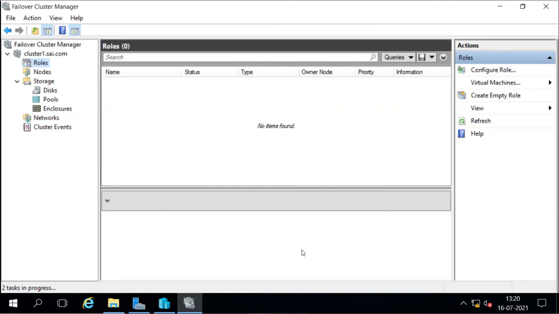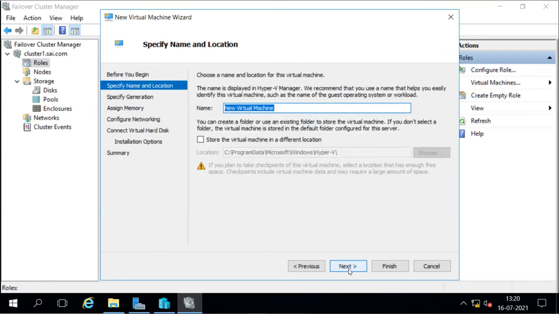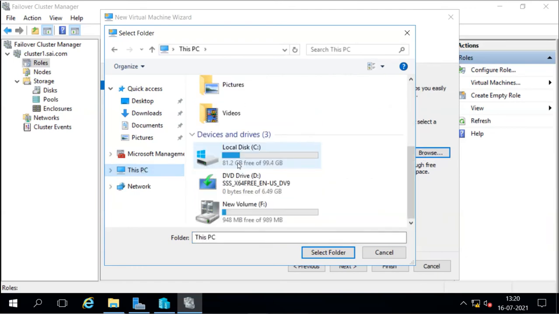On server 2, this time I will select that location, our cluster shared storage, which is under the C drive.